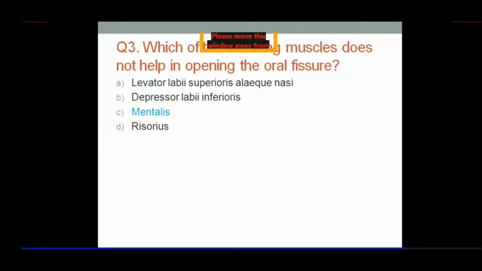So remember, mentalis is a muscle which is not merging with orbicularis oris. Orbicularis oris is a constrictor muscle of the oral aperture. And all the dilators of the oral fissure, they all merge here. There is a modiolus on the two sides of the oral fissure, where all these merge into the blend with the fibers of the orbicularis oris. But this muscle, mentalis, does not merge with orbicularis oris.